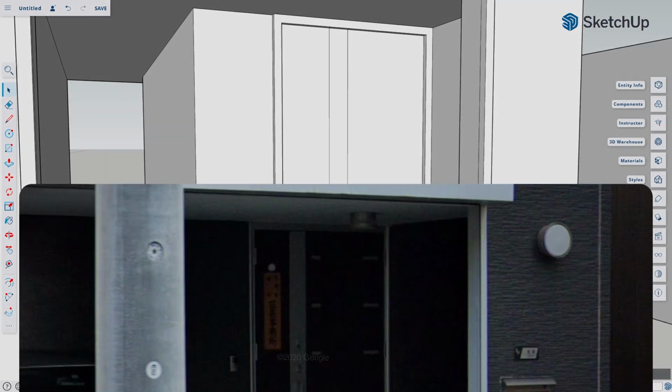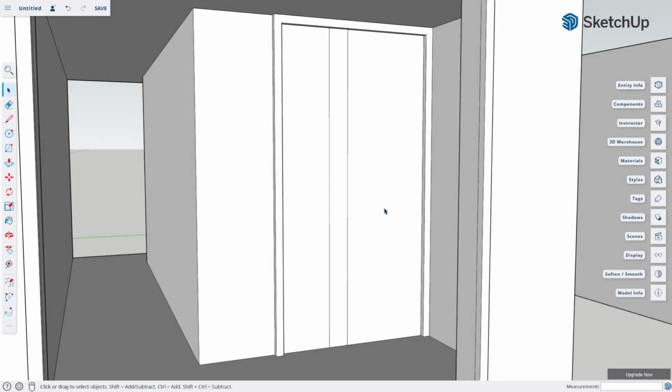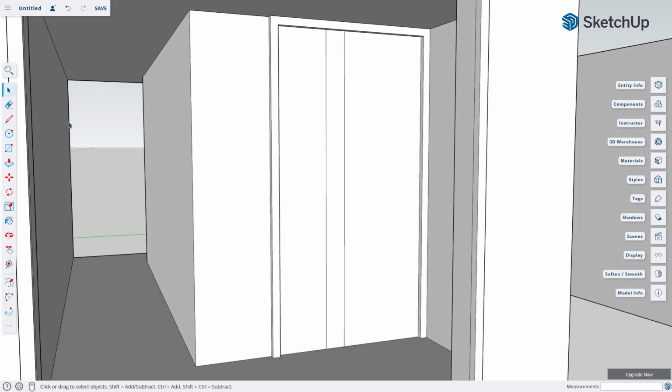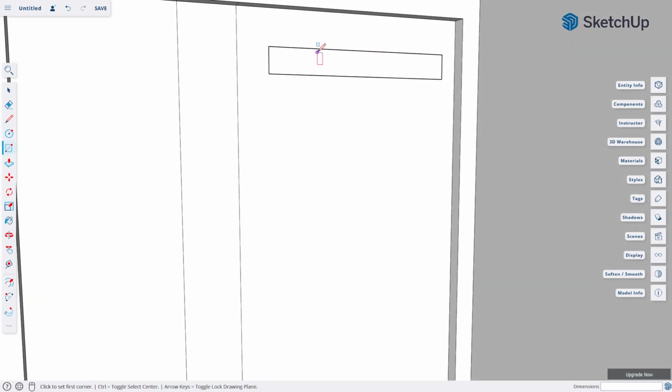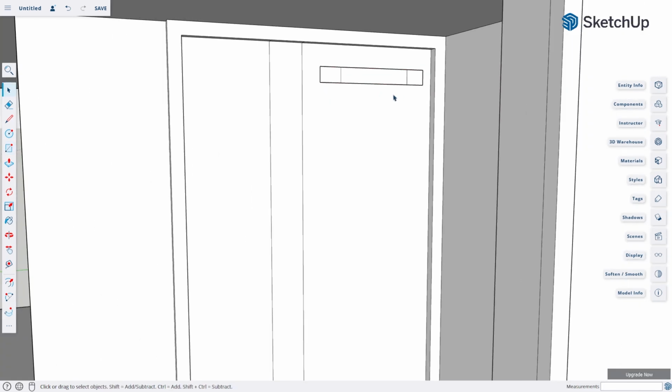Now, I'll make this cutout design on the door, but I need to make it as a separate model so I can have better control for the next step that I will do. So I'm going to press the escape key on my keyboard to exit the edit mode, and now I will create the shape using the rectangle tool. I need 6 copies of this, but I will create one for now and show you how to copy an array based on this object.